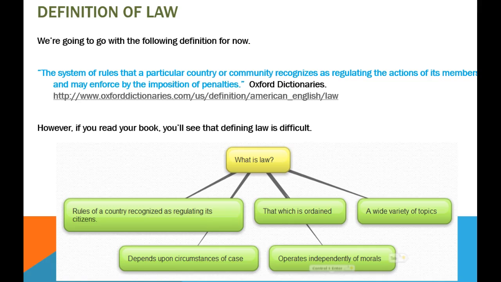From your book, law is very difficult to define. And one of the biggest points I need to make with you guys is that it's completely separate from whatever your own moral code is. Sometimes the law decides something that you completely don't agree with. So we need to get the concept that law is separate. Sometimes it does reflect what we believe in, but a lot of times there are differences. And even if we don't agree with it, that's what the rules are, and we have to live by them.